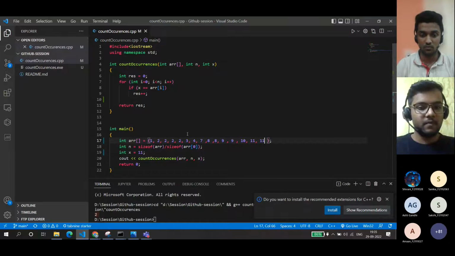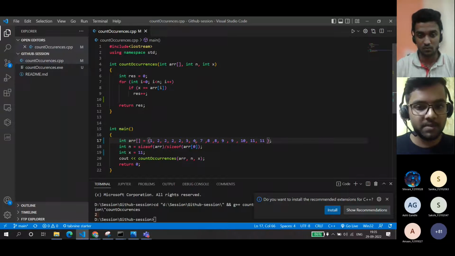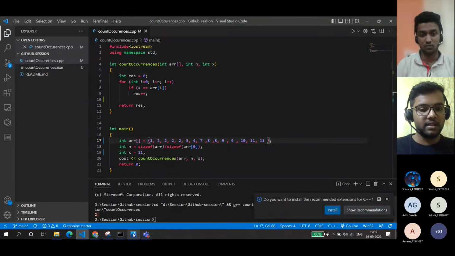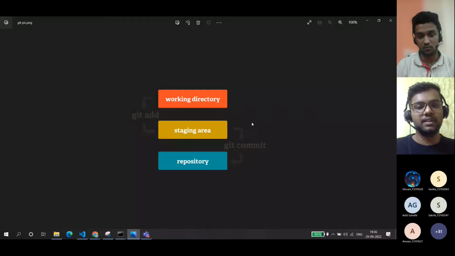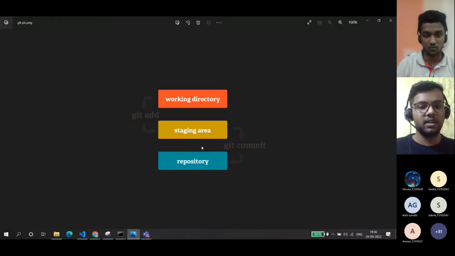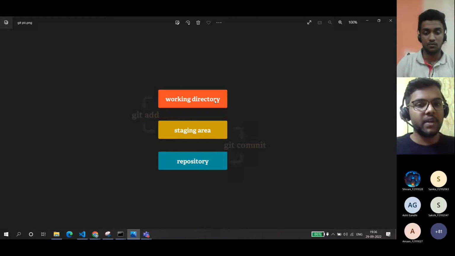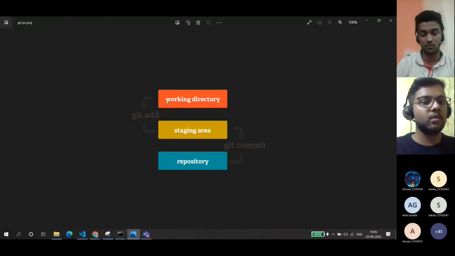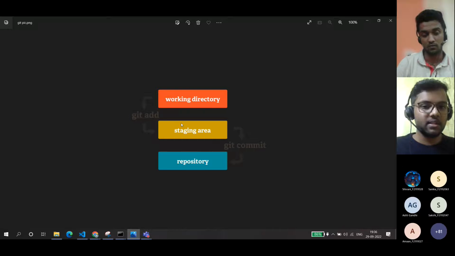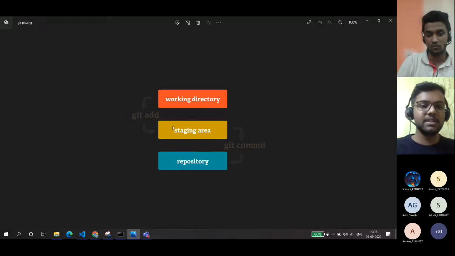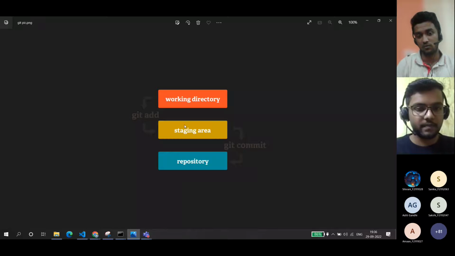Okay. So one more concept that comes into this picture is that GitHub is not just one platform. It comprises 3 different directories or 3 different areas. Currently the change I've made is in my working directory, so only my local knows what the changes are. Now I need to tell Git that I have made these changes. So I will use a git add command to tell Git, hey Git, see, these are my changes and I want you to keep them with you.